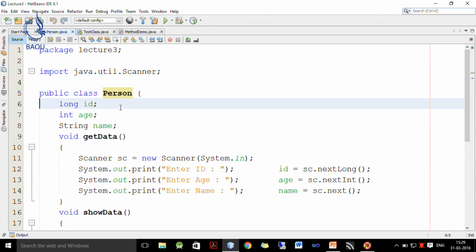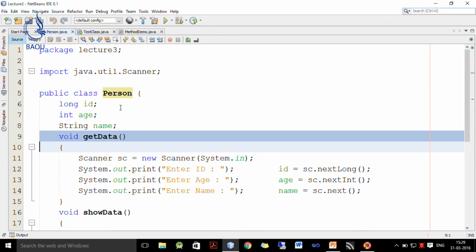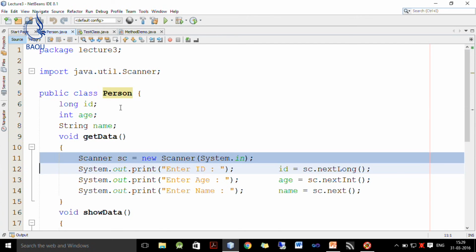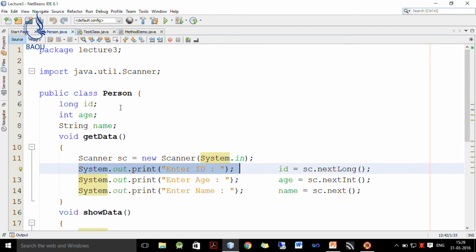So, as discussed earlier, we have three instance variables id, age and name, and we have one method which just reads these three values. Its name is get data. Now, to actually read data from the system, I define one Scanner class object and its source is the keyboard. Then I ask the user to enter id and it is read as next long, since the type of id is long.